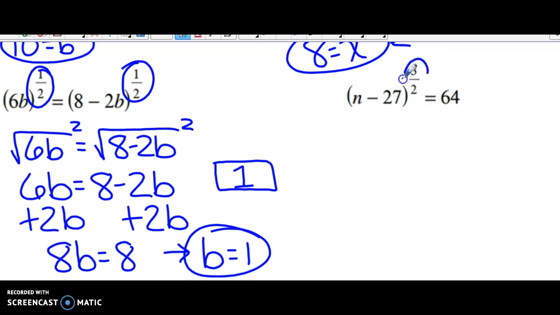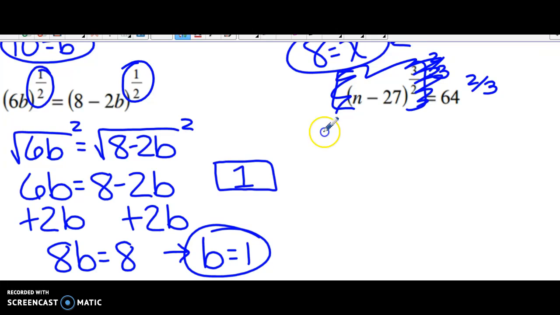All right, the exponent is 3 over 2. So we want to find the reciprocal exponent. Well, the reciprocal exponent is going to be 2 over 3. And that's going to make those exponents cancel out. Okay, so once you do that, these exponents and everything are going to cancel out, and you're left with n